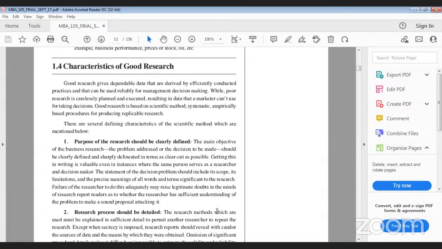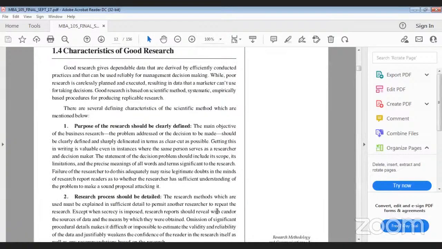सेकंड आहे त्या ठिकाणी रिसर्च प्रोसेस शुड बी डिटेल. ज्याच्यात आपण रिसर्च करणार आहोत जी काही प्रोसेस असेल किंवा डेटा वगैरे असेल त्याच्यावर आपण कुठली मेथड त्या ठिकाणी यूज करणार आहोत ह्या गोष्टीमध्ये त्या ठिकाणी डिटेल्स त्या ठिकाणी द्यायच्या. तर the research methods which are used must be explained in sufficient detail to permit another researcher to repeat the